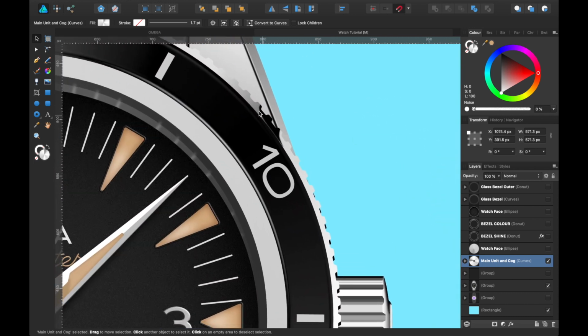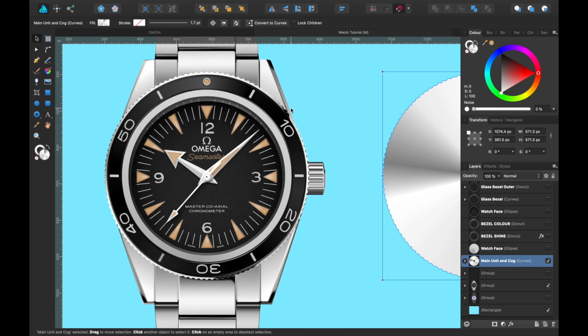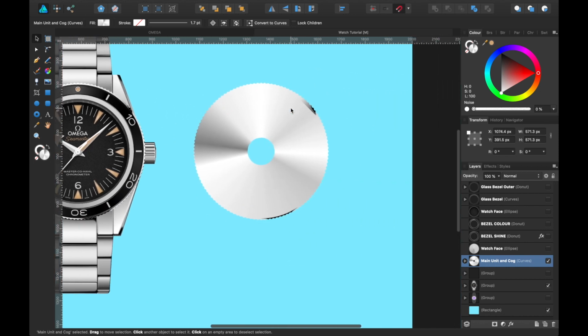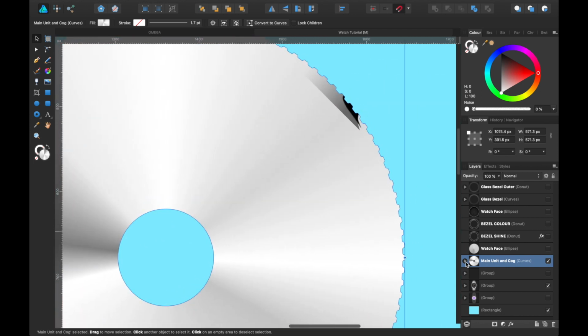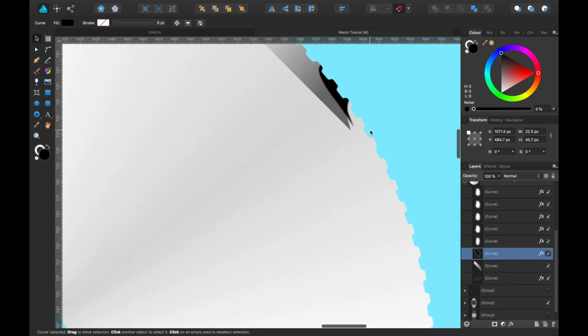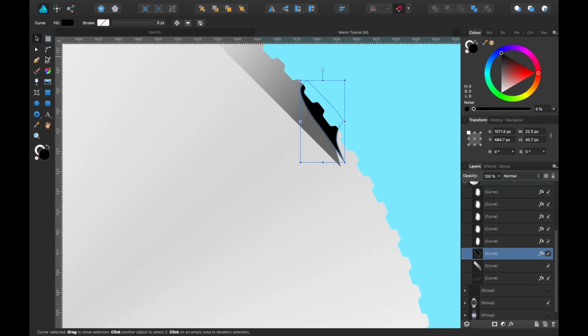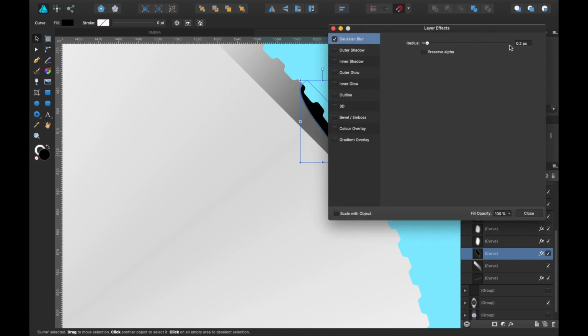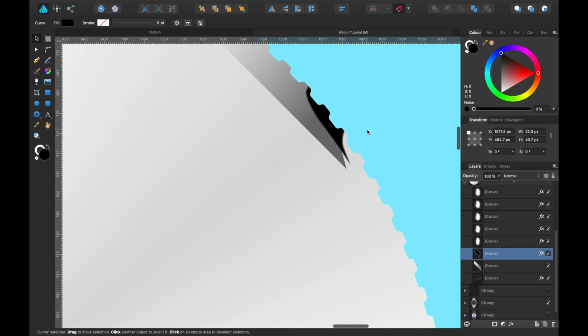You can see here on the teeth, there's just a little bit of a shine, like there's a bit of a shadow and a bit of light here, and it just kind of adds to that sort of realistic effect. If I go and show you here, all I've done is nested a bunch of shapes. So you can see this little black bit here is just a shape I made using the pen tool. And then if you look, this is the layer, I added an effect and just made Gaussian blur. You see that? It's just 0.2 pixels. Just a little bit there.